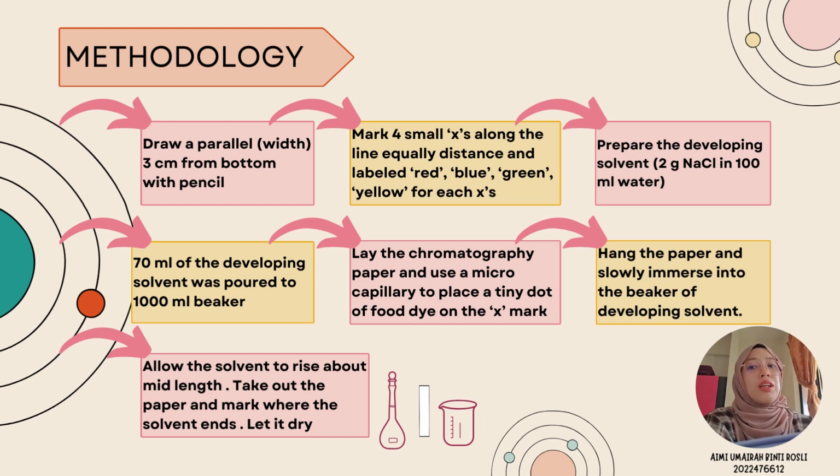For the next step, prepare the developing solvent using 2 grams of NaCl dissolved in 100 ml of distilled water. Then 70 ml of the developing solvent was poured into a 1000 ml beaker. Next, lay the chromatography paper and use a micro capillary tube to place a tiny dot of